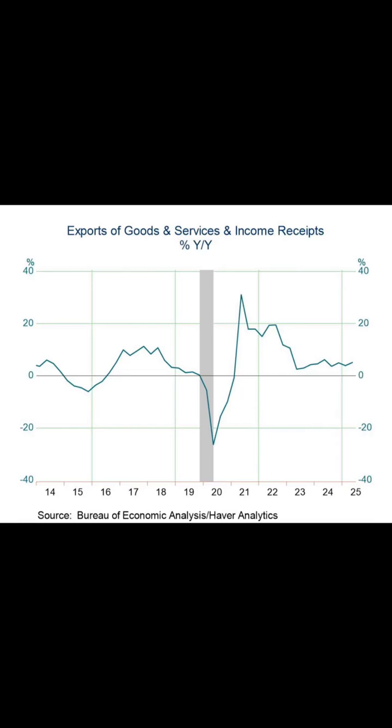The next topic I'm going to talk about is the current account for the US. So this reflects a nation's transactions with the rest of the world. So this means that a deficit in the current account means that a country is importing more goods and services than it's exporting. So this would mean that it's a net borrower from the rest of the world. And a surplus is the opposite, so it's exporting more than it's importing. So it would be a net lender.